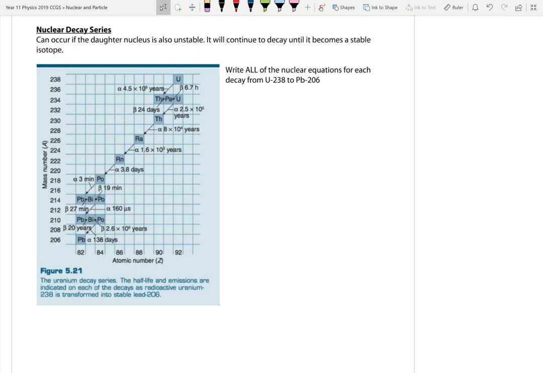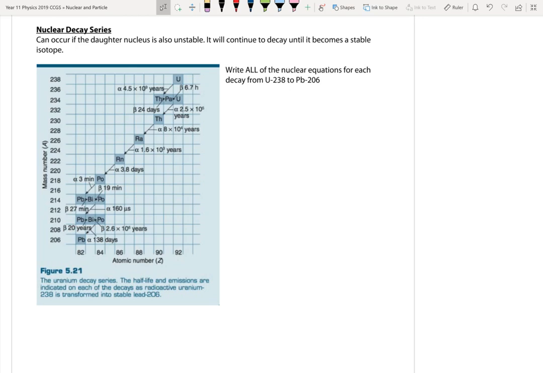Now, just be careful. This is a different graph. We've got atomic number and mass number. So this isn't the atomic number and neutron number. It's going down 4 and across 2. Thorium. If it decays to thorium, thorium is not very stable at all. It decays with a half-life of 24 days via beta negative, transmutates to palladium, stays there for 6.7 hours, transmutates back to uranium. So isn't that strange? We've gone 3 decays and we're back to uranium, but it's a lighter isotope. Okay? So we're now down to uranium-234.